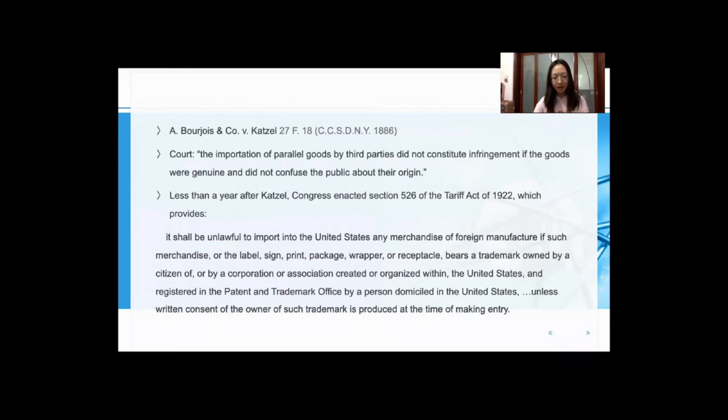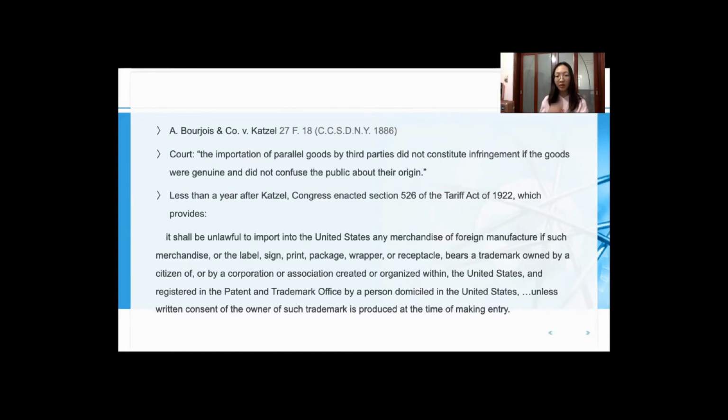Well, actually, in some early cases, the court held that the importation of parallel goods by third parties did not constitute infringement if the goods were genuine and did not confuse the public about their origin. And the most classic one is the Katzel case. Before the Supreme Court reversed the Katzel case, Congress reacted to the decision by attempting to solve the problem of parallel importation through legislation. Less than a year after the Katzel case, Congress enacted Section